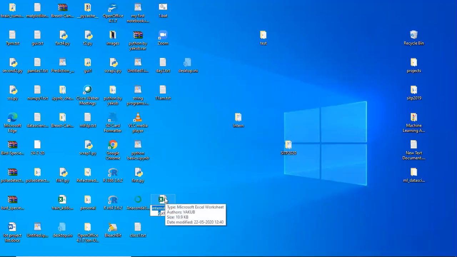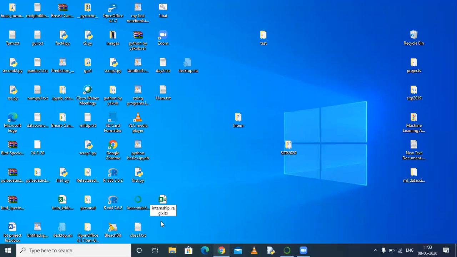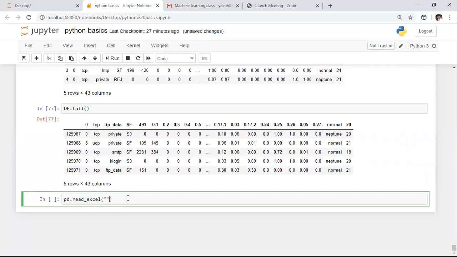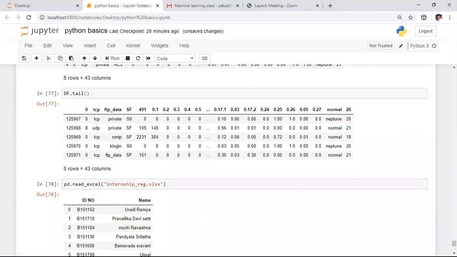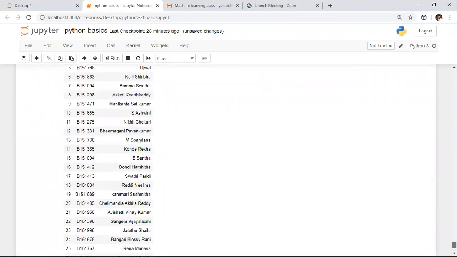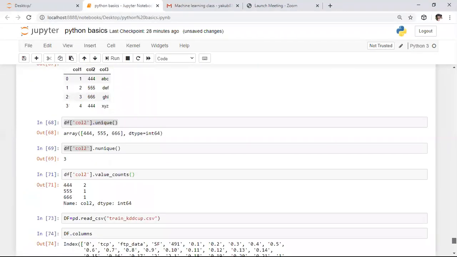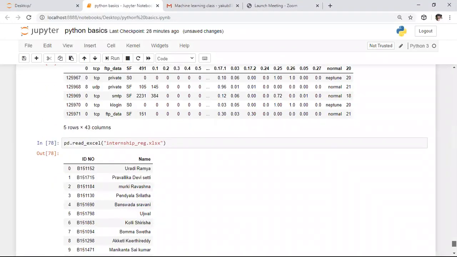I'm copying this entire name, pasting it here, and running this portion. Whenever you run this portion, here is the data present in that Excel sheet. To access the data from any existing file, this is the way.